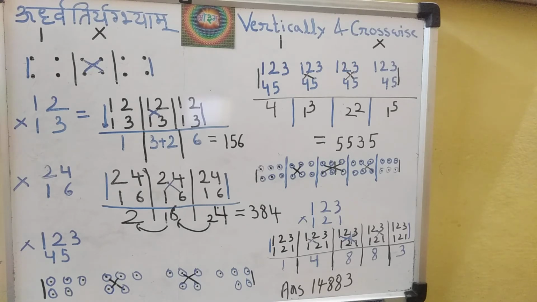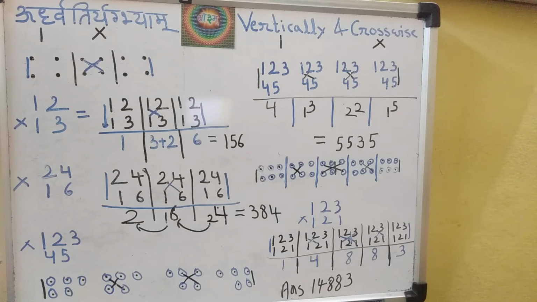Now we learn to multiply a 3-digit number with a 2-digit number by the moving multiplier method of Urdhva Tiryakbhyam. The pattern of multiplication is like this. If we proceed from left to right, then first we multiply the left digits vertically. Then we multiply the left 2 digits crosswise. Then we multiply the right 2 digits crosswise. And finally we multiply the right digits vertically. We take one example to understand this process.